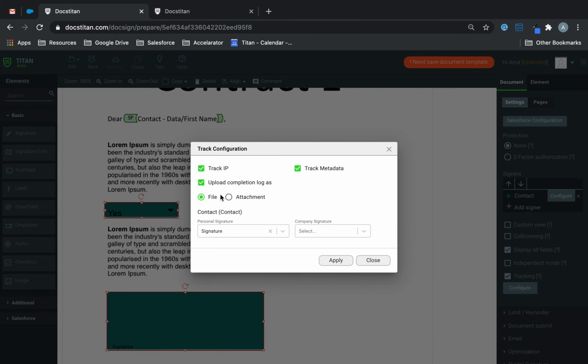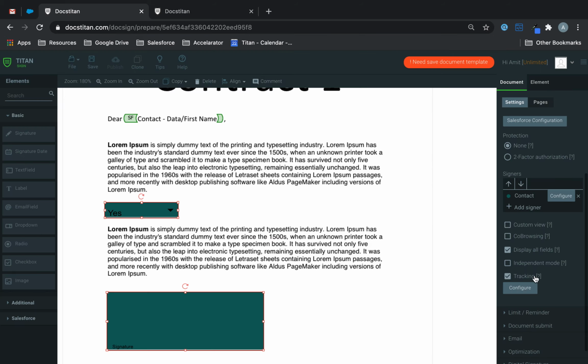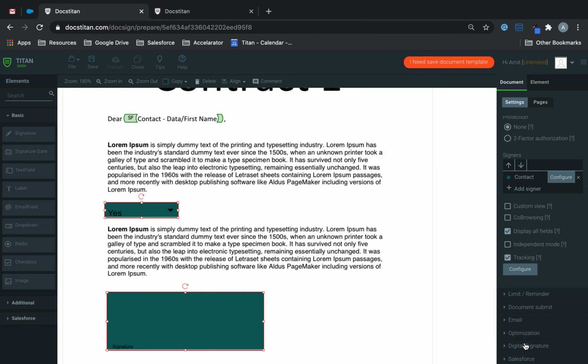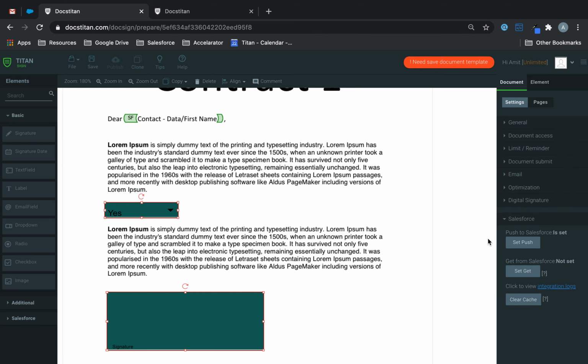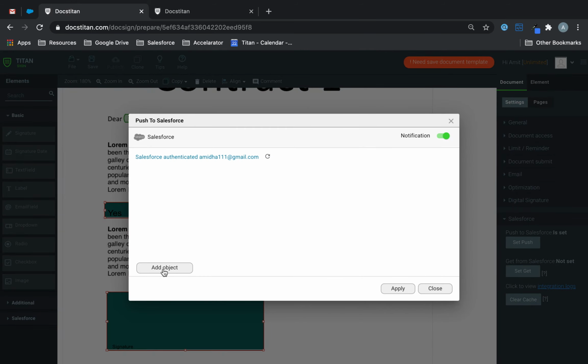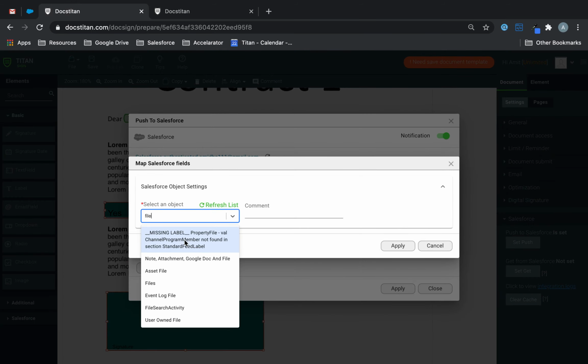Now next up, what I'm going to do is I'm going to enable tracking. So we're going to get the tracking log and we're going to upload it directly into the object, and my signature, this personal signature here. Then finally what I'm going to do is I'm going to set up a push. We're going to push this file as well back to Salesforce. So add object, files,